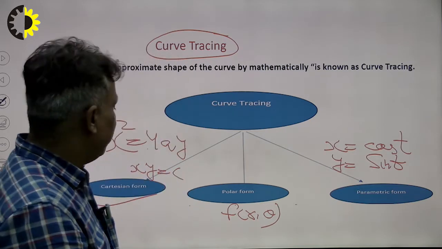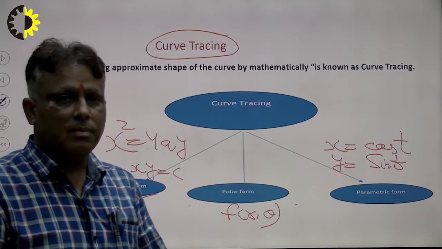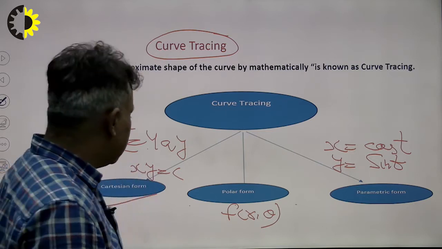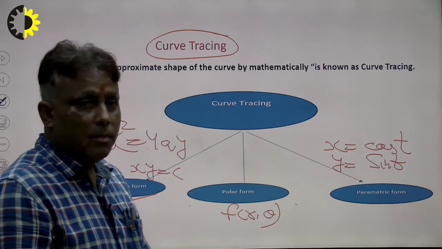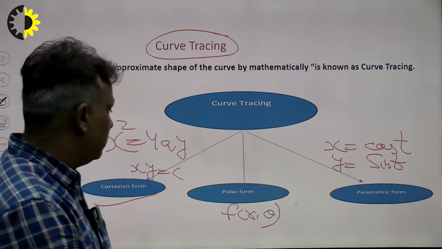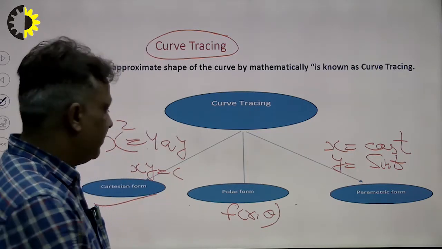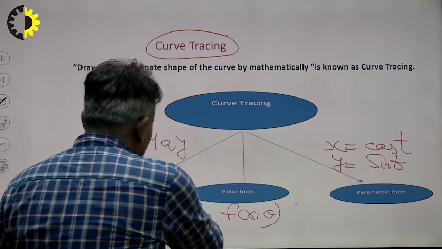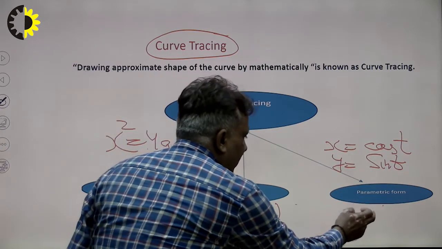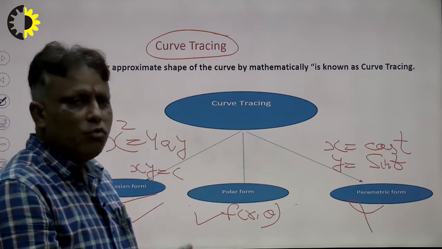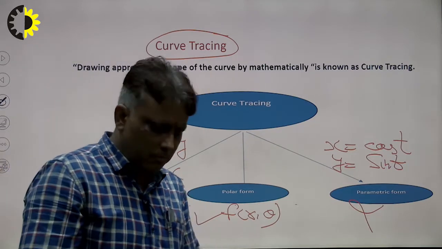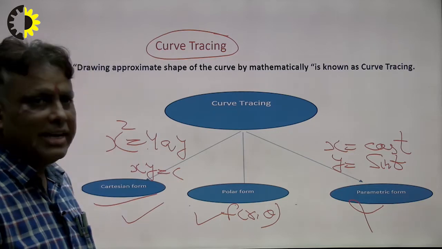So in this case curve tracing depends on the form of the curve. First is the Cartesian form, second is the polar form, and third is the parametric form. But in the AKTU syllabus there are two types of curve tracing, Cartesian form and polar form, and parametric is not mentioned in our course. But in the last we explain what the parametric form is. So today first of all I explain